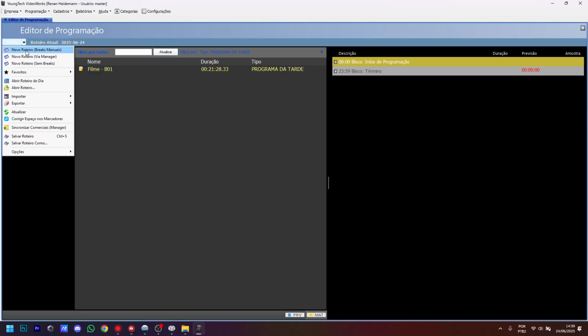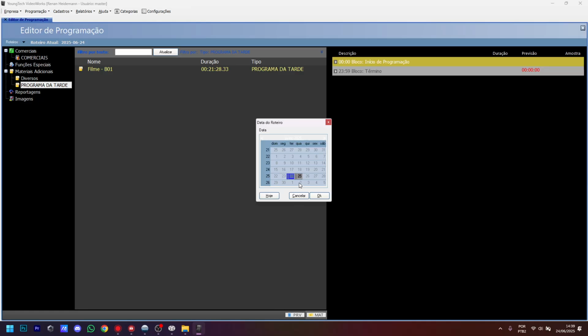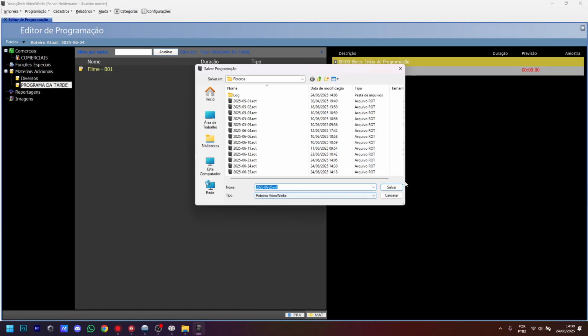This manual breaks is like a script where you do the layout from your broadcaster. It's like a radio. So I will create this script, then we'll come back to this style of script that we do all within two markers. So I will create here for the 25th, for example. I will save